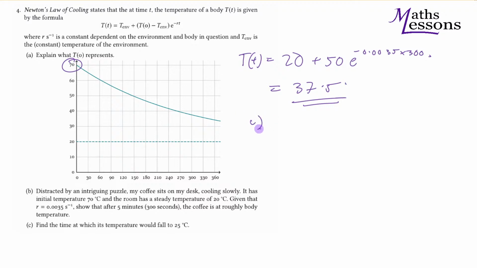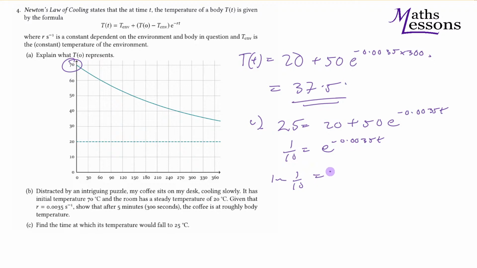Part C. Find the time this temperature would take to fall to 25 degrees. So we know that 25 is going to equal 20 plus 50e to the minus 0.0035t. So we take off 20, that gives us 5, divide by 50, that gives us 1/10. And that's equal to e to the minus 0.0035t. So we take natural logarithms of both sides, that undoes the e, and we get the natural log of 1/10